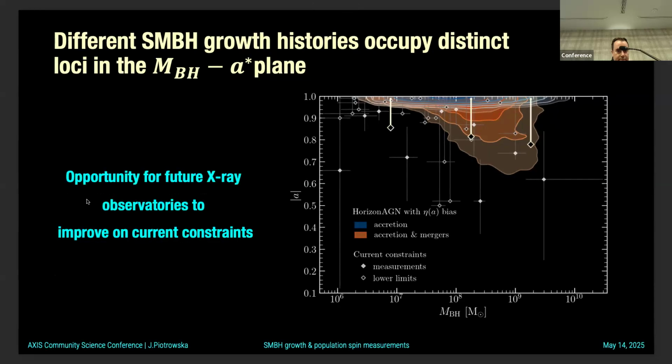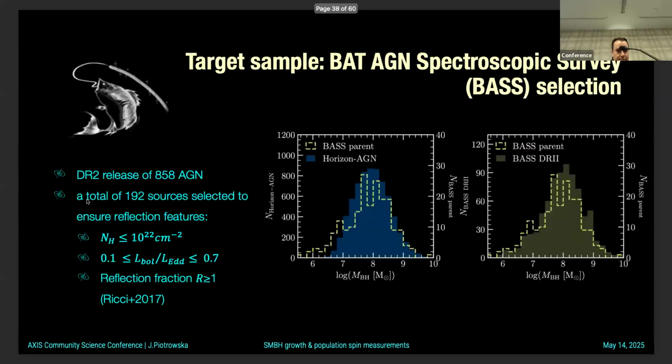And that's where things get interesting for this talk, for this conference, right? Because that's a perfect opportunity window for future X-ray missions to improve on what we currently have. And I should have said that before, but I think it's important to highlight that the constraints I'm showing you right now on the slide took approximately 2 decades of observations and countless PhD lifetimes and dollars to compile. So the exercise I'm going to show you in a second is treated as a proof of concept